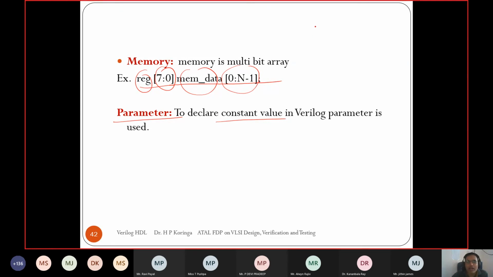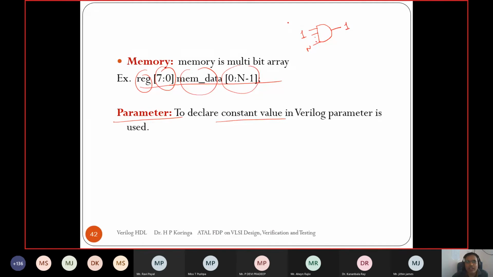Also, a parameter is used when we have something generalized. For the generic case, we can use the parameter to pass a value when we call that module, and if we want to change it, we can change it in the top module. Suppose we have a design of an AND gate with a size up to n, and n is defined as a parameter.